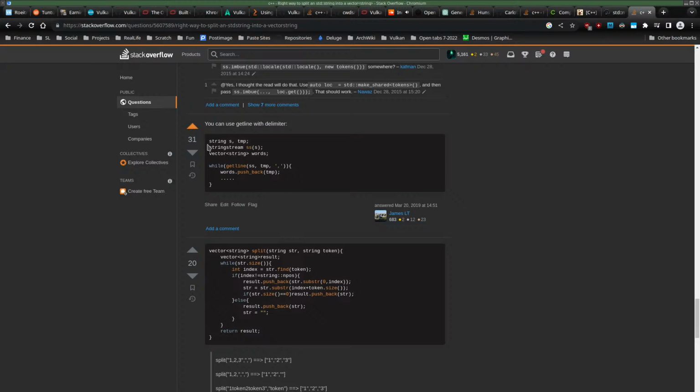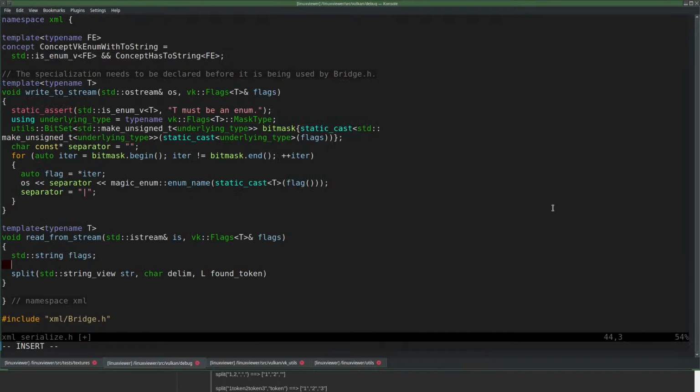I like this one. At least if I don't need to put everything in a vector, I might as well put it in a vector, right?